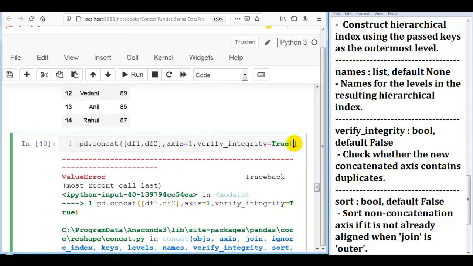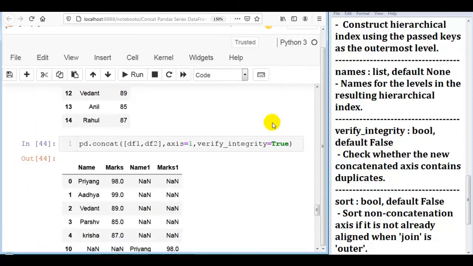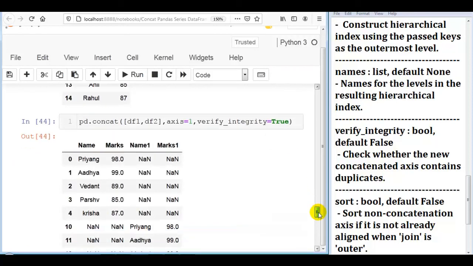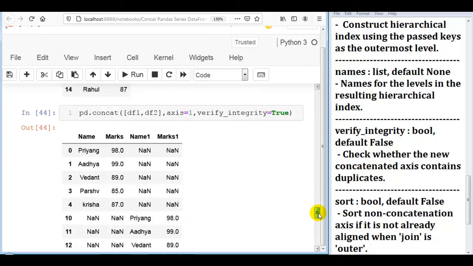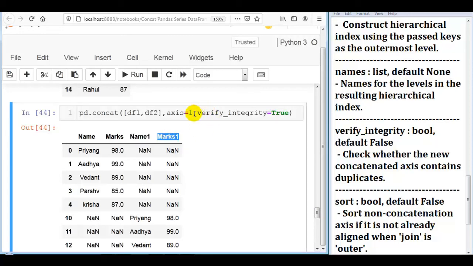So now if I execute this cell, as you can see over here, now two data frames are concatenated successfully because we have changed column names to name1 and marks1. So this way we can use verify_integrity for rows and for columns.